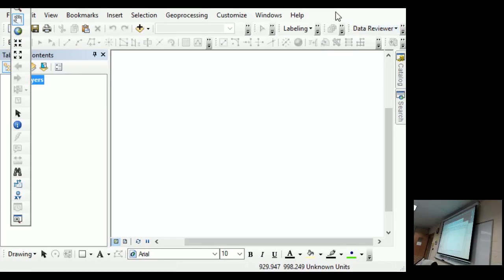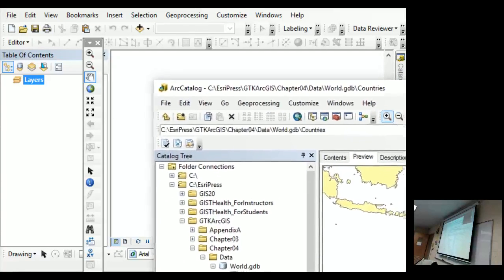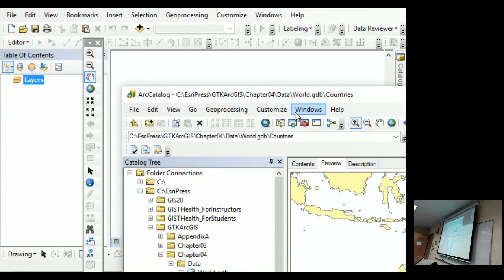So now I can see ArcCatalog and our map. You're never ever going to do this again. So step 4 is do it that way. Okay, we'll do what they want you to do.